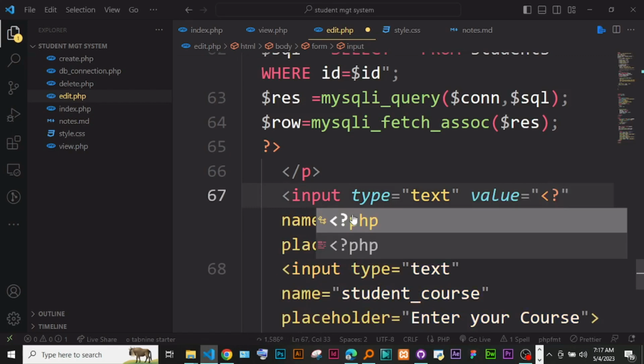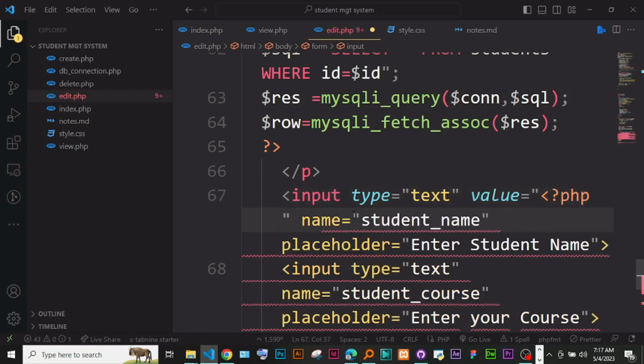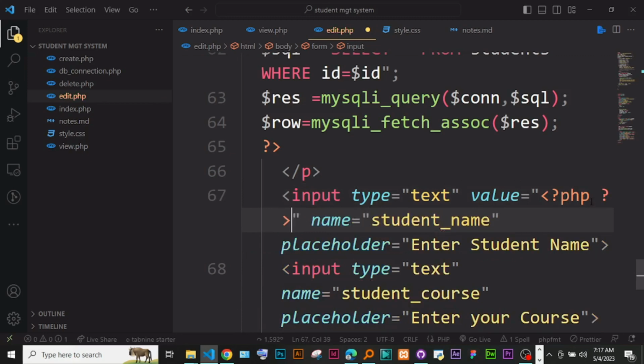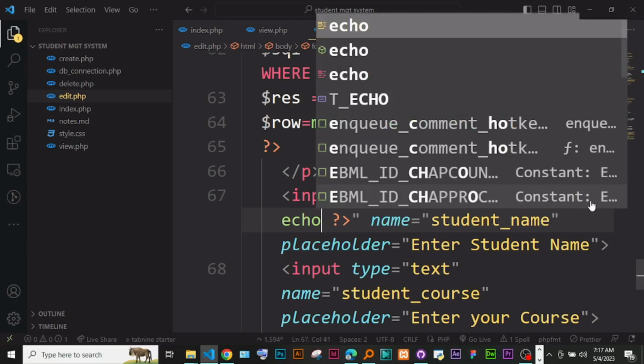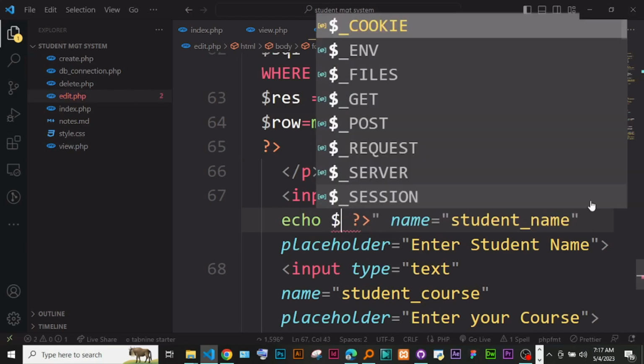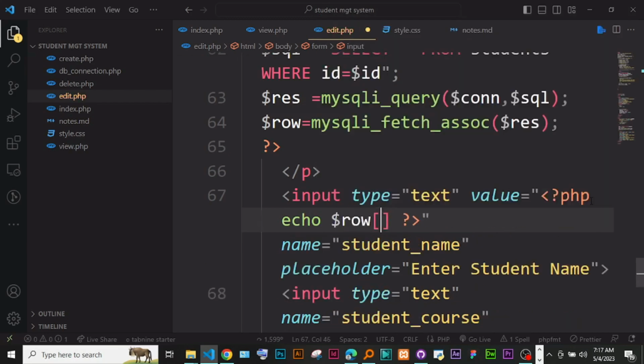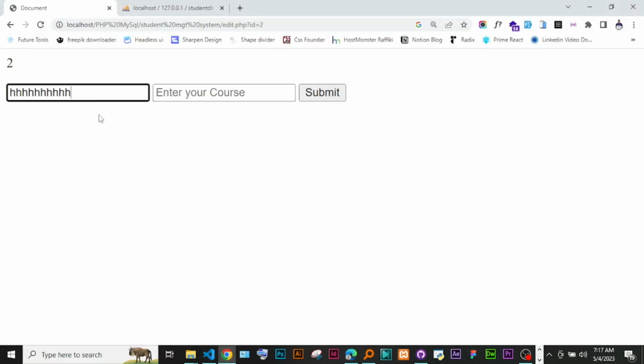So just put PHP like so, and here we are going to say echo. So echo $row, and on this row we want to get the student name. Okay, so if now I refresh here, look at that, I have JB Web Developer is the one who